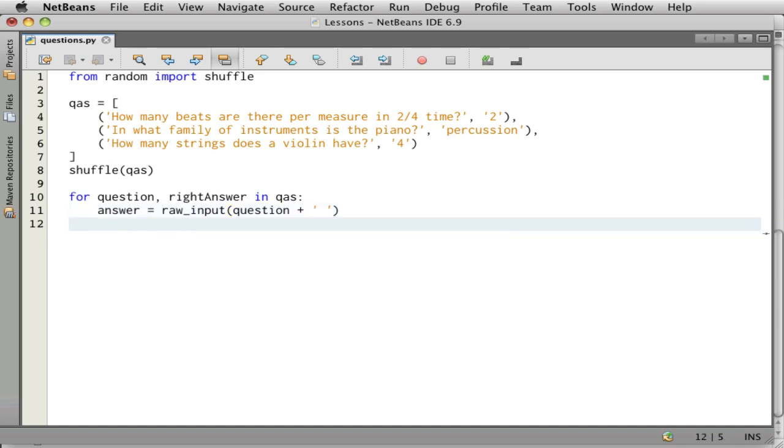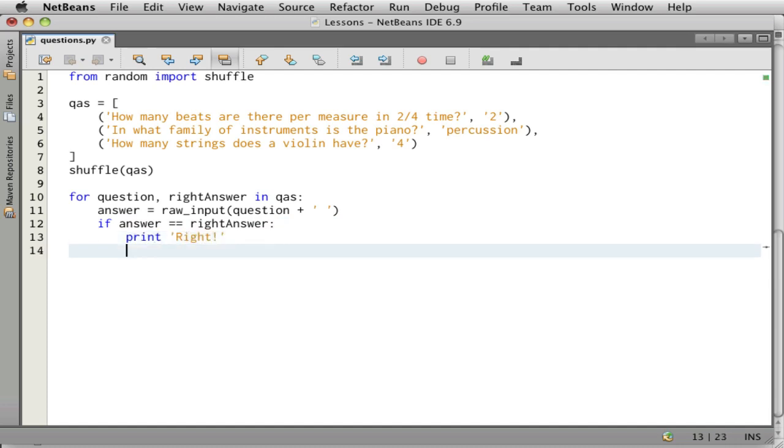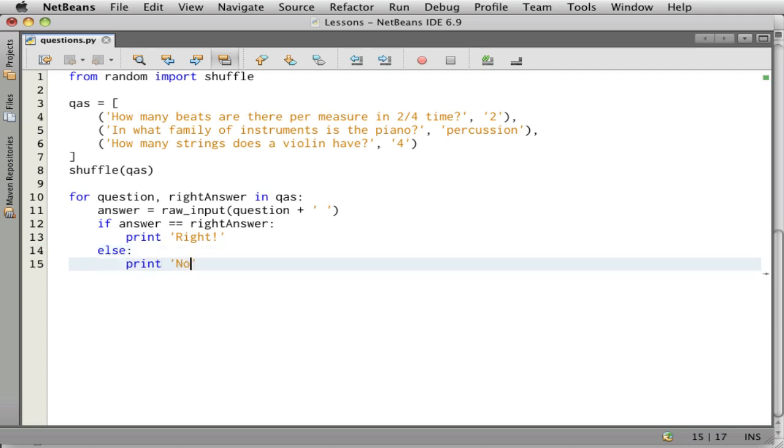Now we need to see if the answer that the person typed is the correct answer, if it matches the correct answer. So we'll say if answer equals the right answer, then print right. Else print no, the answer is right answer. And then at the end,